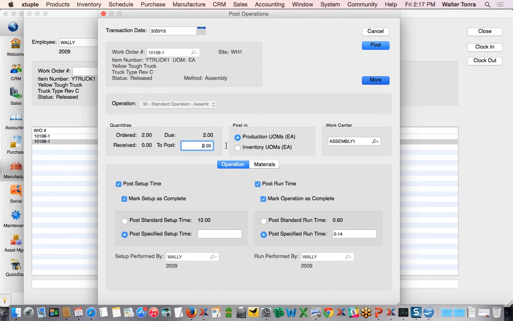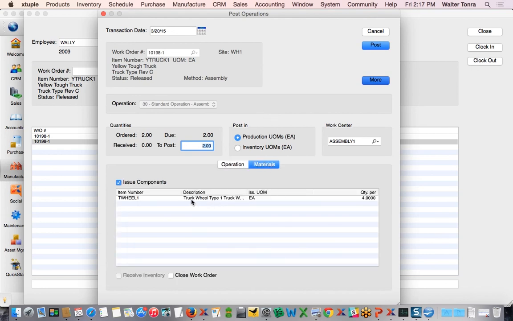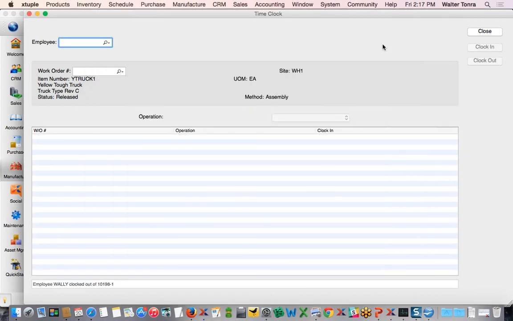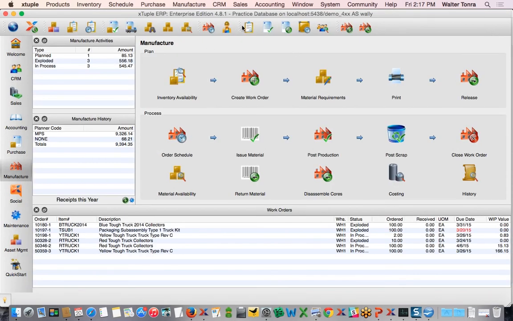It's suggesting how many I should report as completed, but it allows me to change that if I need to. It includes the setup time and the aggregated run time. That's the time between when I clocked in and clocked out. The system is also going to consume some material here when I say that I've completed this step. Here's the material that I associated with it. I'm going to go ahead and post this operation, and that's complete. If I come back to the work order,